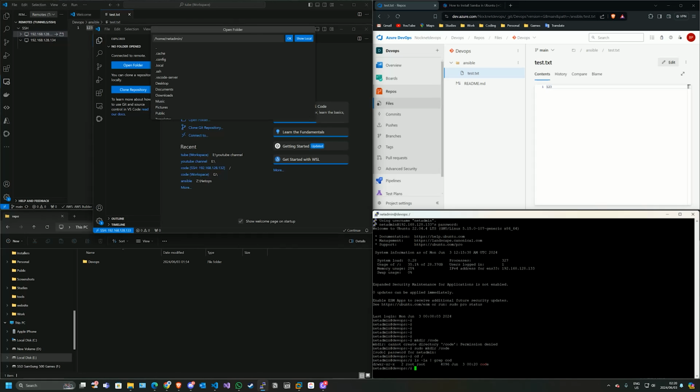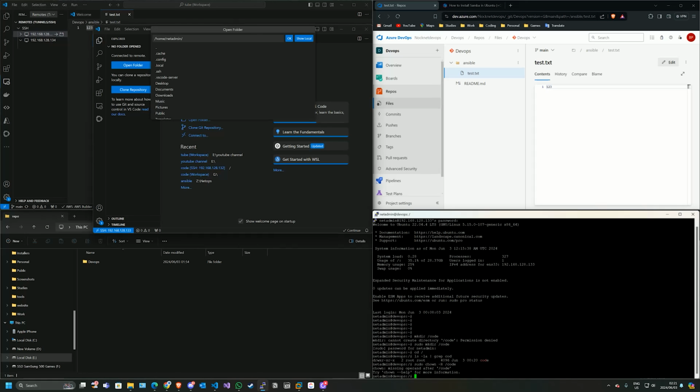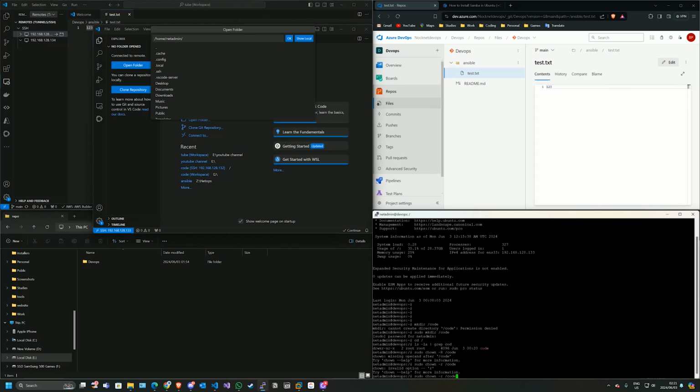Okay, so it's there. Problem is right now it's owned by the root user. So sudo chown -R for /code. What am I missing? Of course, I need to give it a user to say who's owning it. So